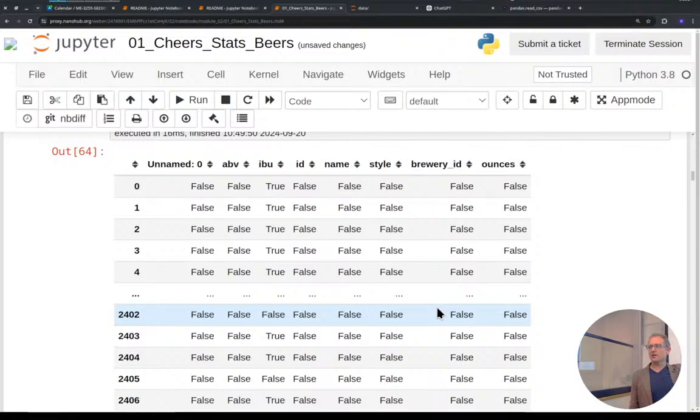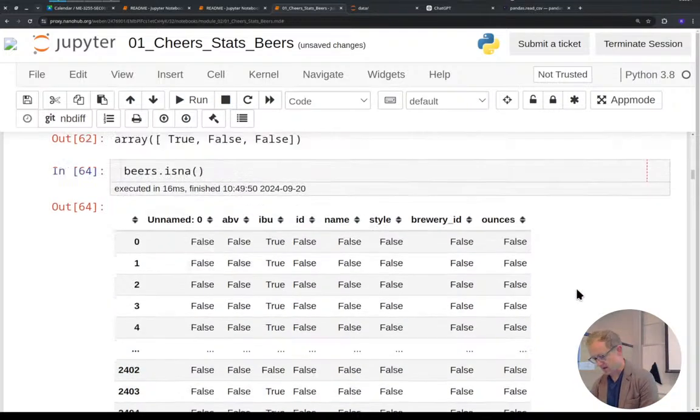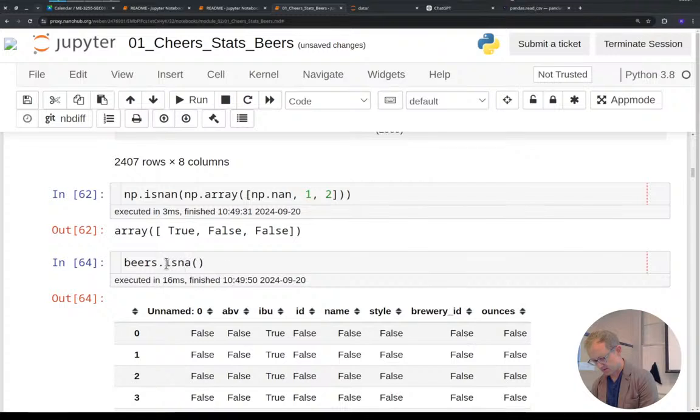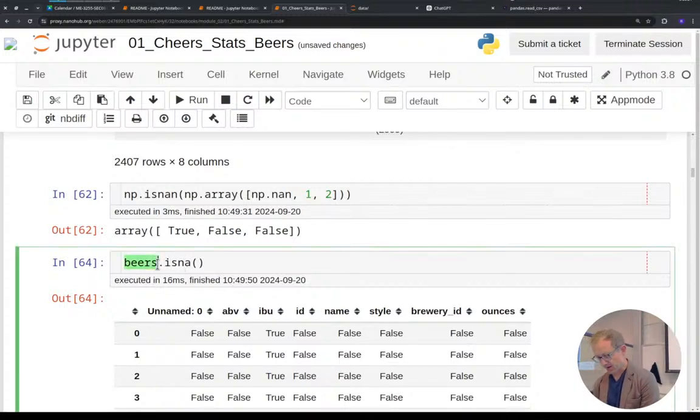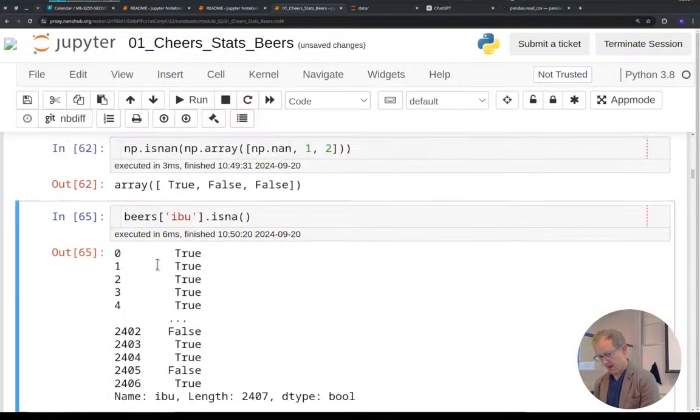So anywhere that there is an NA value, it says true. And once I have these Boolean values, I can use that to index beers. So if I just want to figure out when the IBU is an NA, I could grab all the rows that are true